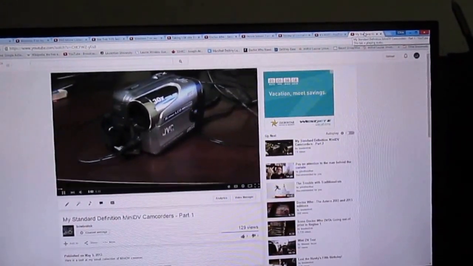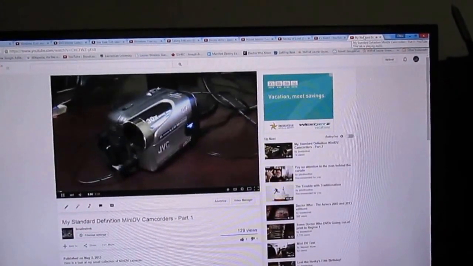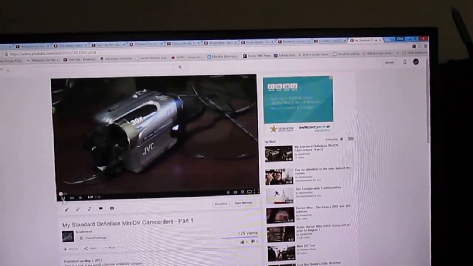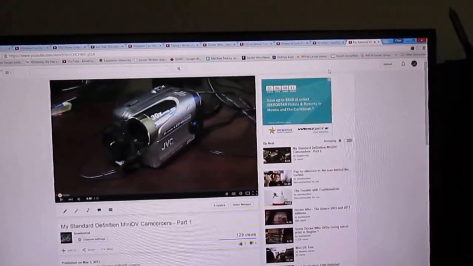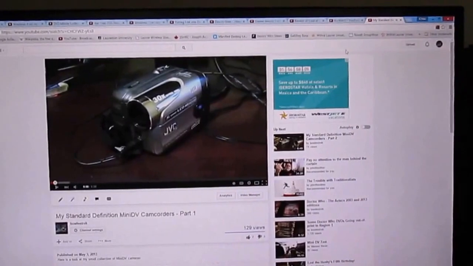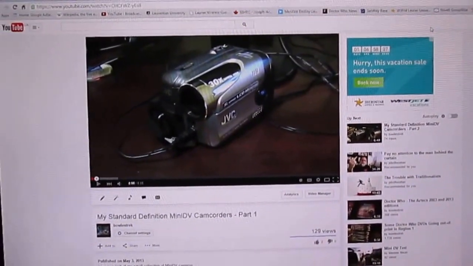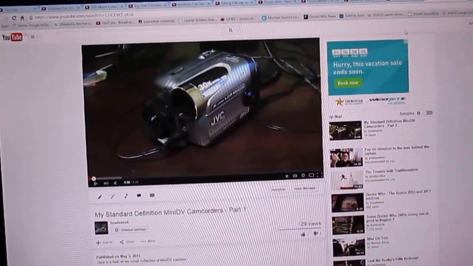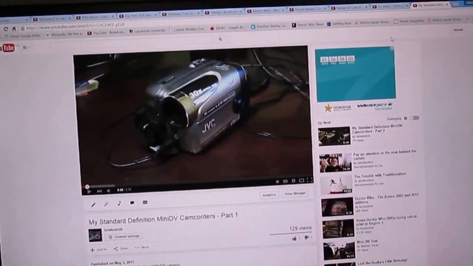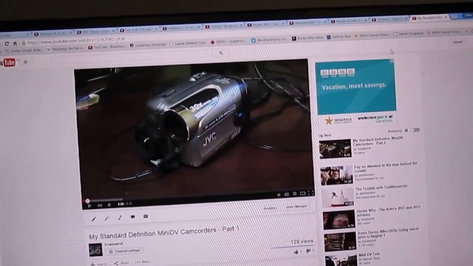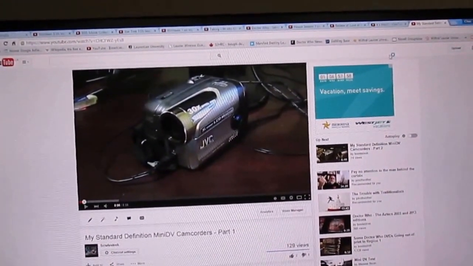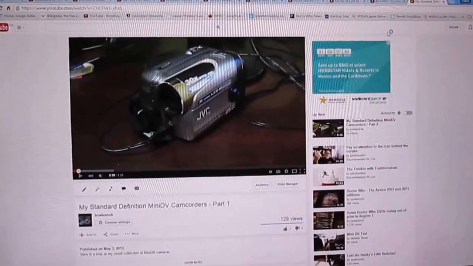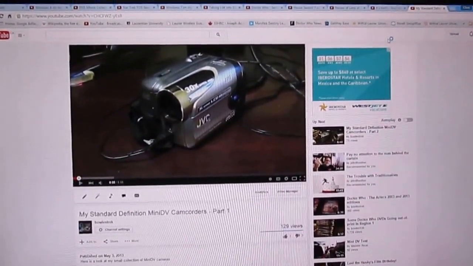This is showing off some of my camcorders. I can't remember what I was using for that. It was one of the Canons. I kind of alternated, but I'm still using the Canon plugged directly to the computer. I'm still using Roxio, but by this point I wasn't really editing. I had dropped the theme, dropped editing, and a lot of what I've done since then has been direct upload with just the occasional edit.